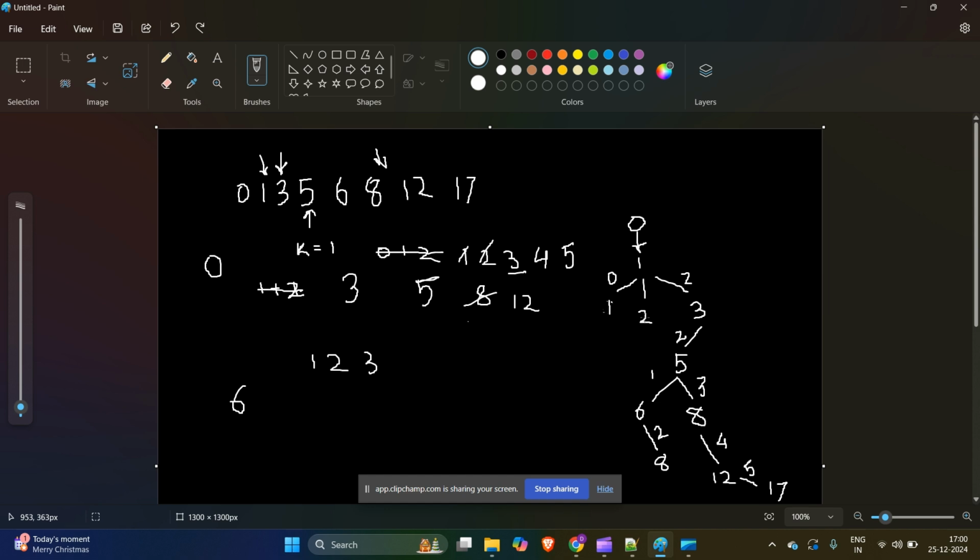And yes, he can reach the end of the river, right? So it will return true. Okay, so I hope you are getting this solution. So we have also completed the dry run here, and so basically, how we will approach this solution is